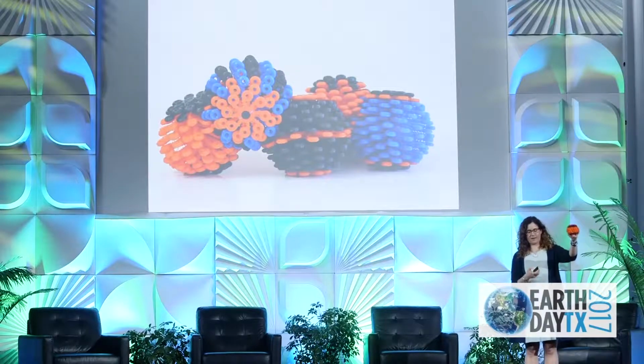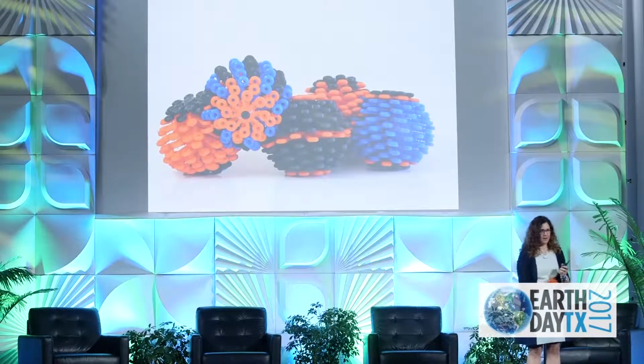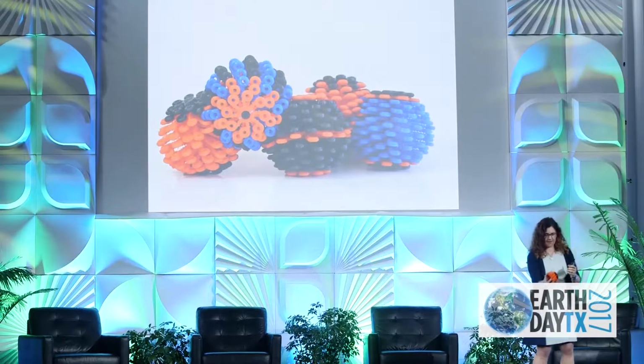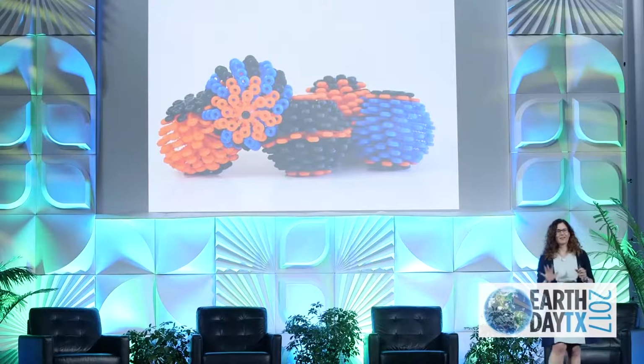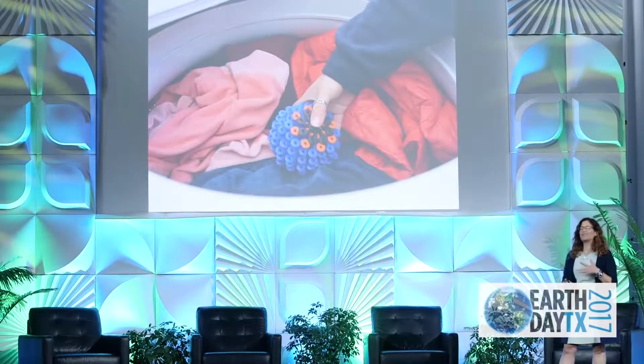This is the Cora ball, C-O-R-A, and I can pass this around for you guys to check out. I'm a good skier, but can someone catch this without me knocking everything over? Oh, okay. So the Cora Ball is a very easy to use solution to this problem, and it's focused on